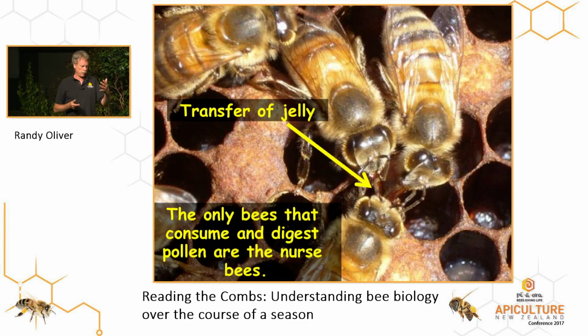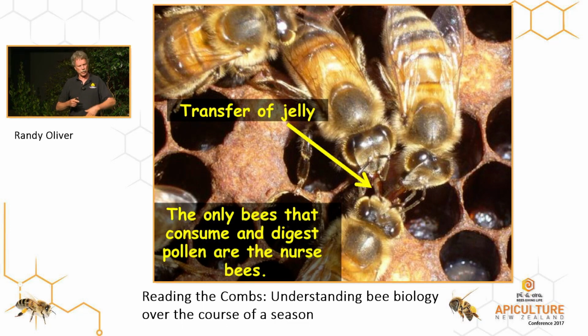The bees go through 4 stages. They emerge, they're cleaner bees for about the first 3 days. Then they act as nurse bees for about 12 days. Then they act as mid-age bees for an indefinite period of time until, as Eve was saying, when the ethyl oleate from the foragers drops off, then the mid-age bees transition to foragers. The mid-age bees are the general purpose bees within the hive. But the only bees in the hive that have the enzymes to digest pollen are the nurse bees.